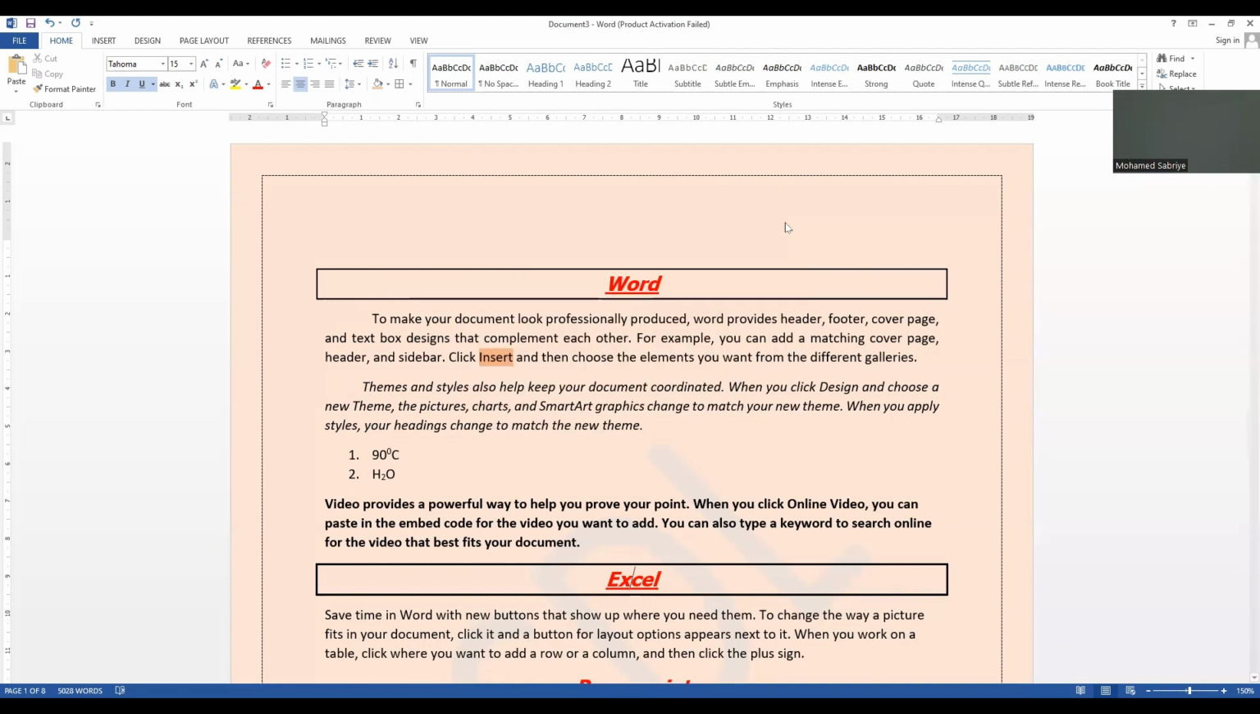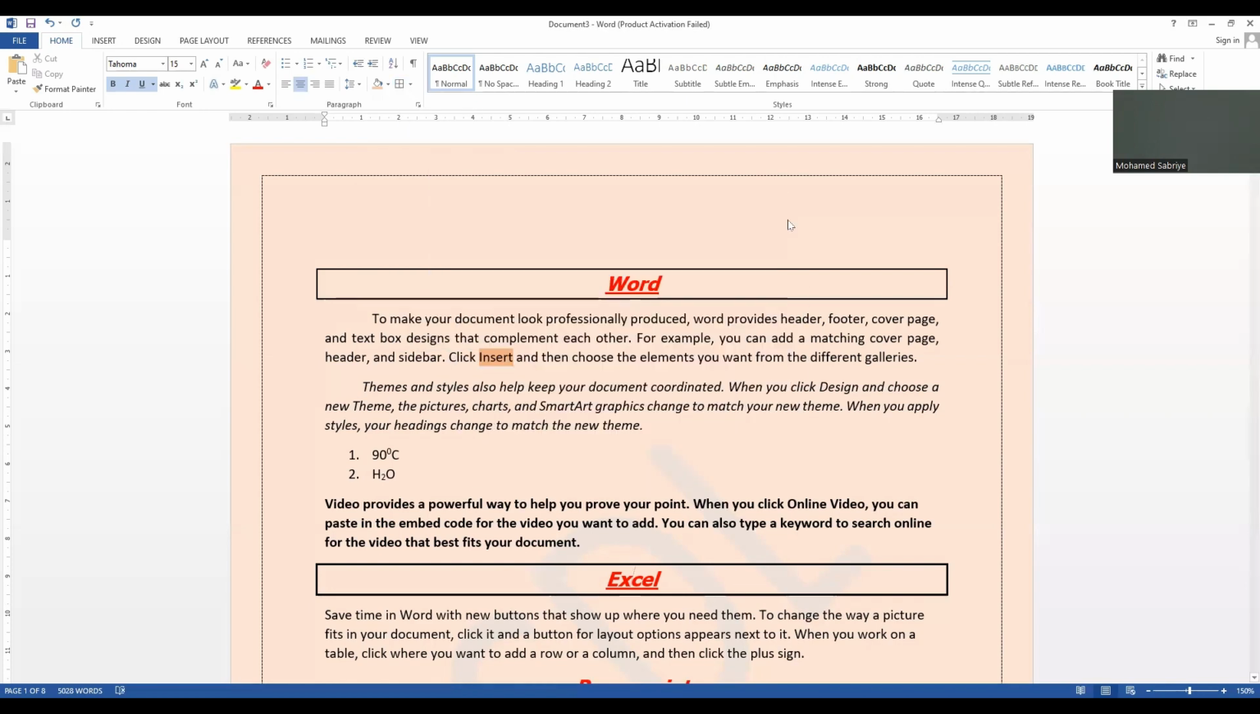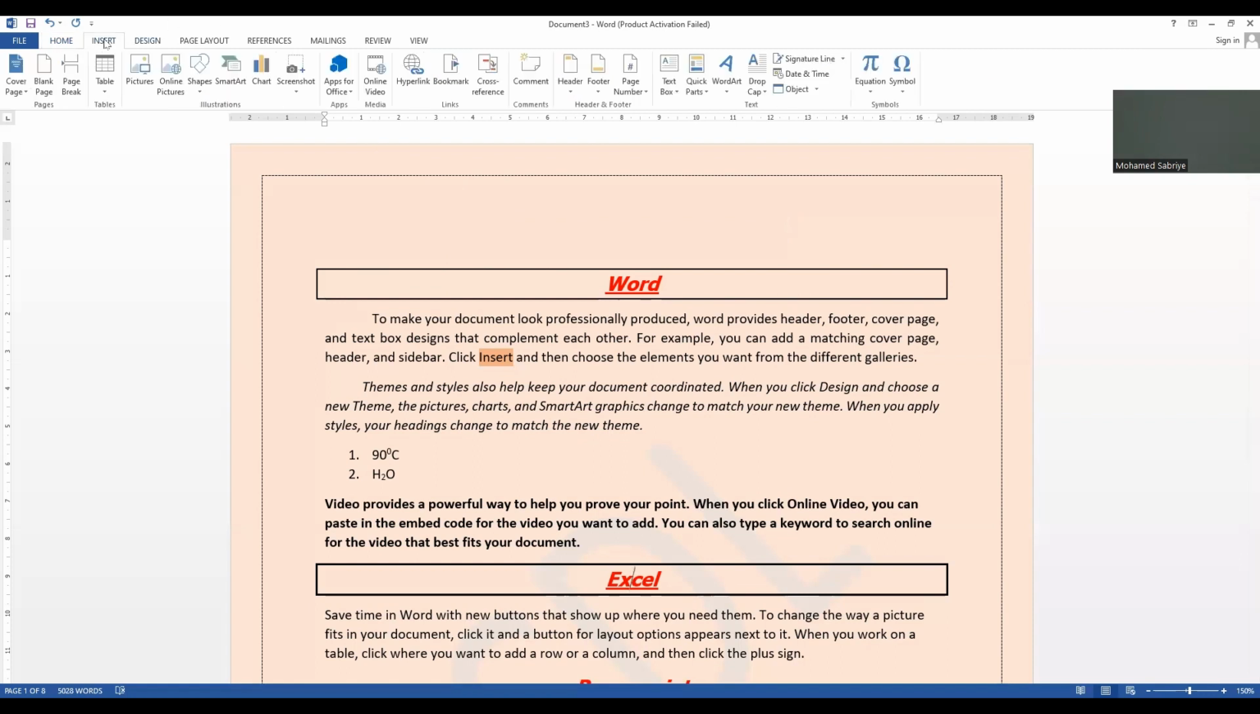So the question is, put 1.5 points around the Excel. You come to this, and then you go to borders and shading. And then you put the line, you put the number of points, and then okay. That's very, very important. Some people miss the question because of not going through the procedure. Okay, the other thing is